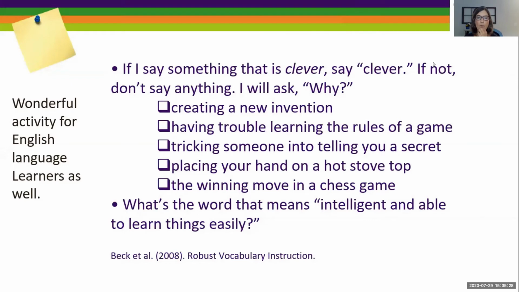Then you would say, having trouble learning the rules of a game, and hopefully they would say nothing, and then you would say why. And they would respond, well, if you're having trouble learning something, that means you are not a clever person. The next one, tricking somebody and telling you a secret. Hopefully the kids would say clever, and so on and so forth in that manner. And at the end you say, what's the word that means intelligent and able to learn things easily? And you want them to again say out loud,